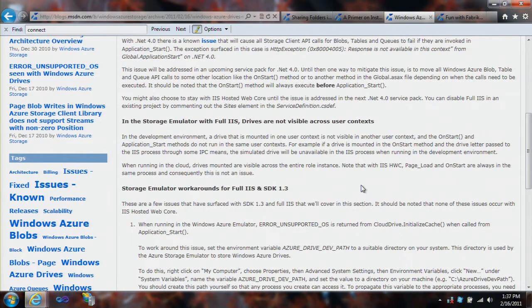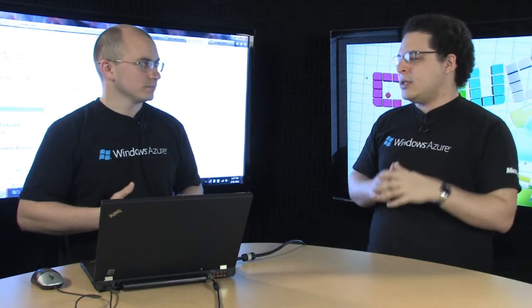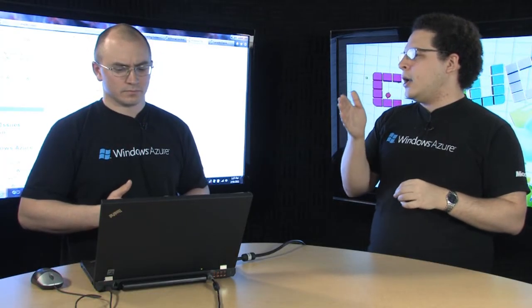Anytime you see something that talks about full IIS explicitly, it's either talking about one of the features, like we're going to talk about multiple websites, or it's talking about, hey, things are different because you're actually running as a different user in a different process. And this especially hits you when you're running